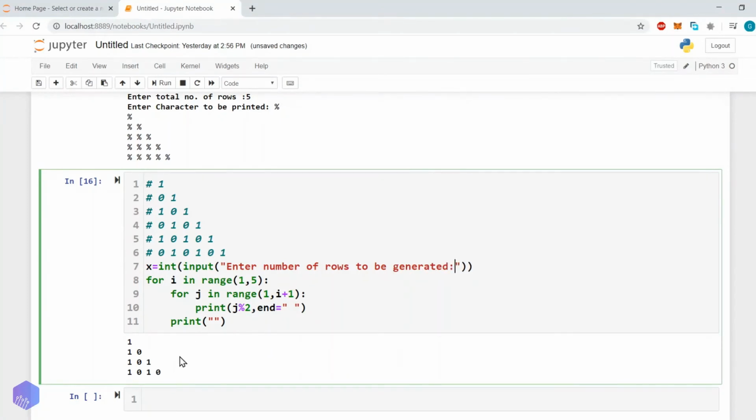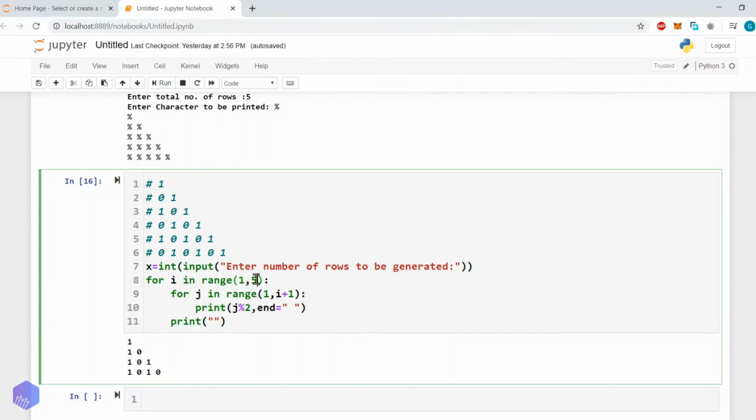Here, why we are getting only 4 rows? Because here we are starting with the index 1, not 0. If we were starting with the index 0, then 0 1 2 3 and 4. But instead of that, here we are starting with 1, so 1 2 3 and 4. Because of that we are getting 4 lines. So don't get confused that although we have given 5, why we are getting only 4 lines. So here we have received the input from the user.